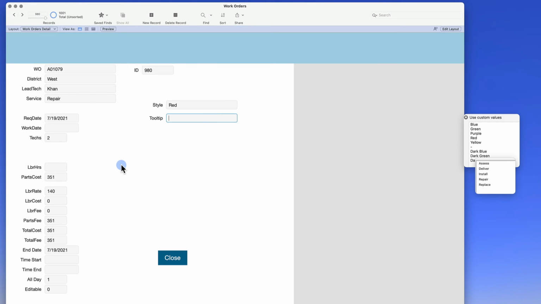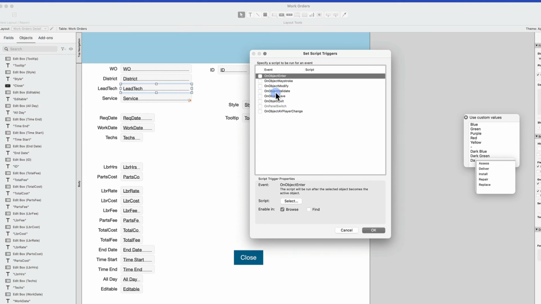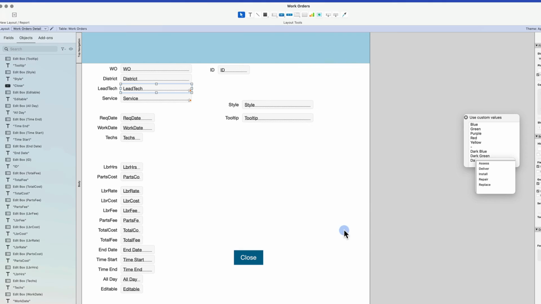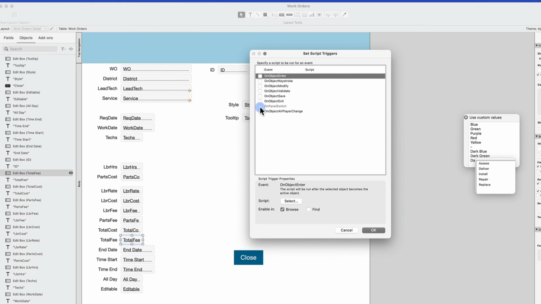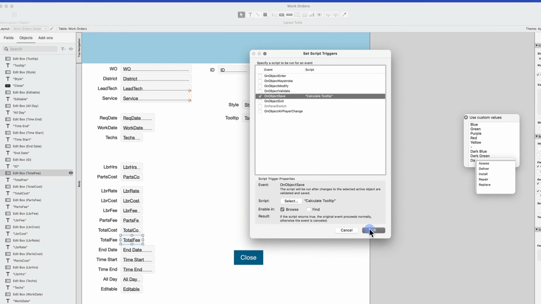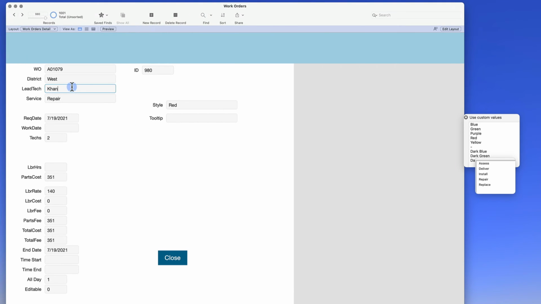Let's assign that tooltip. So I'll go to layout mode, and anytime that the technician changes, the lead tech in this case, anytime that object is saved, I want it to calculate the tooltip. And anytime I change the total fee, I want it to calculate the tooltip. So let's put that to the test. Let's change my lead tech,